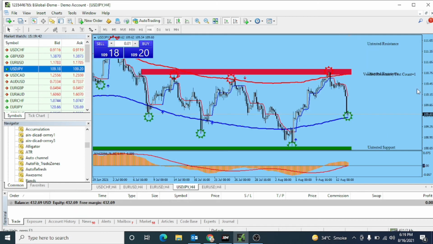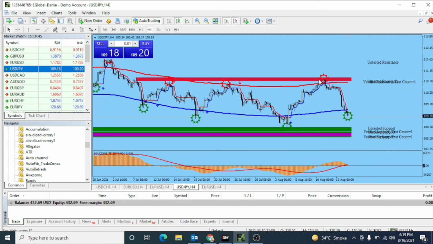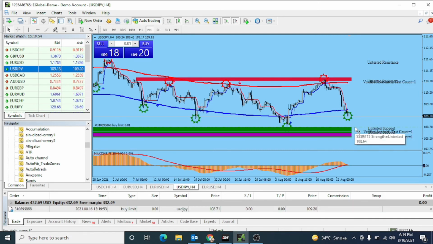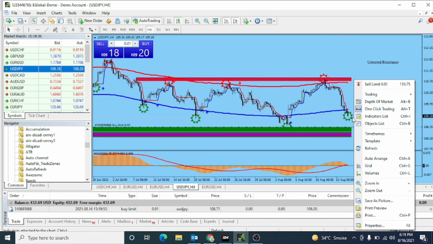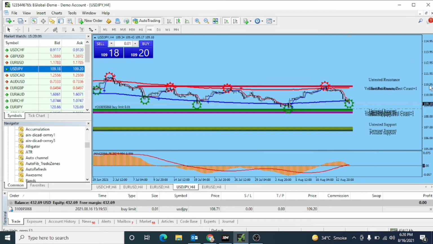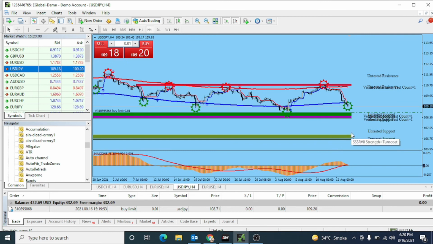For example, I take USD JPY, you can see here verified support resistance levels, the market is going down, and at this point you can set the buy limit. You can see I have set the buy limit here, because the market is going down and a star also appears on this side, so it's confirmed the market will go up. If the market goes down, the next support level is this, but I think, from my experience, the market will go up.